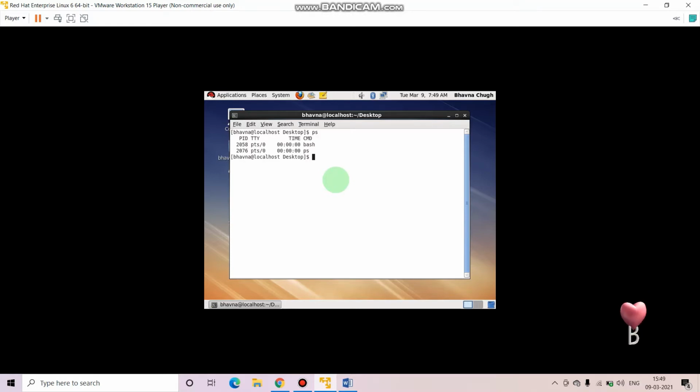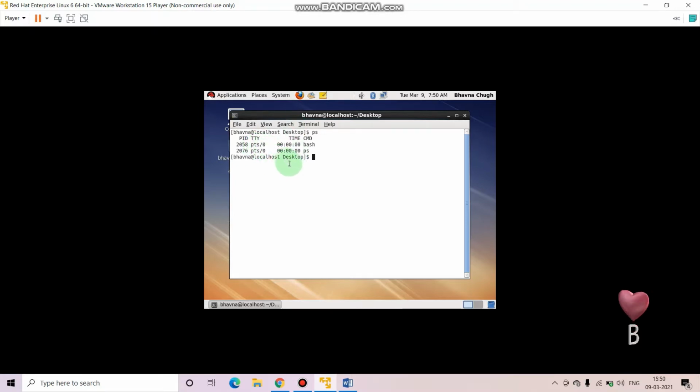See, two things are running: bash, and the ps command you have just run, with the PID. When you open the first terminal, it will show you pts/0. When you open the second terminal, it will show you pts/1.